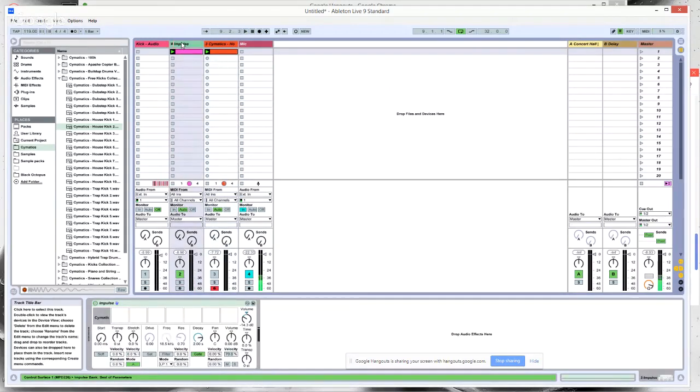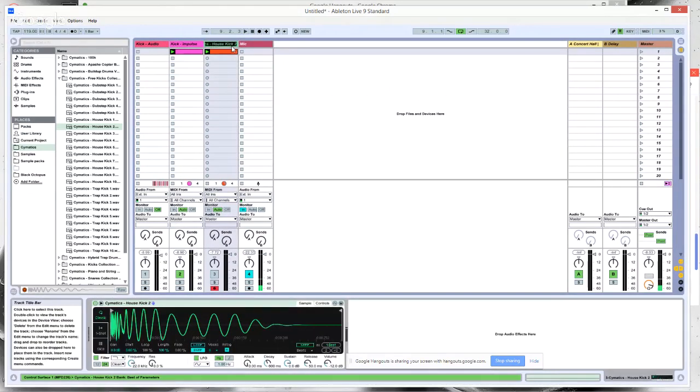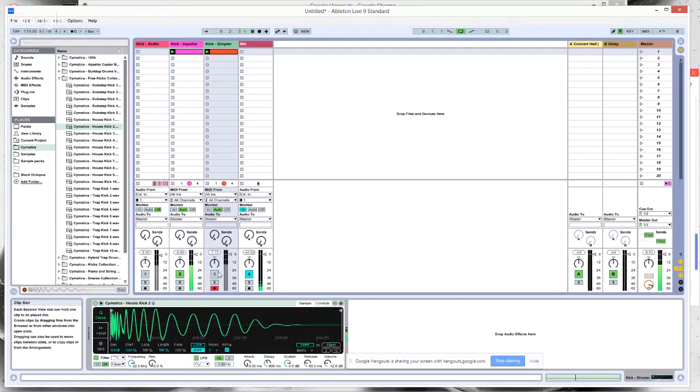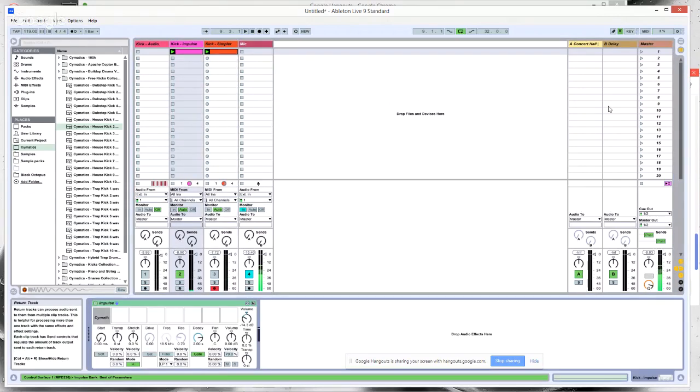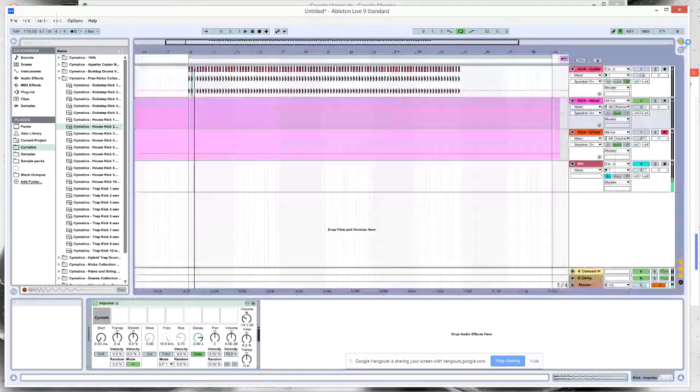Let's label these just for you guys' sake. Kick, impulse, kick, simpler. Bunch of kicks going on. Okay, great. All right, so now once we've got the kick in and it's kicking at the rhythm we want it to,